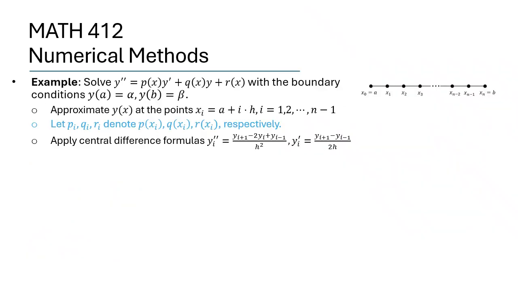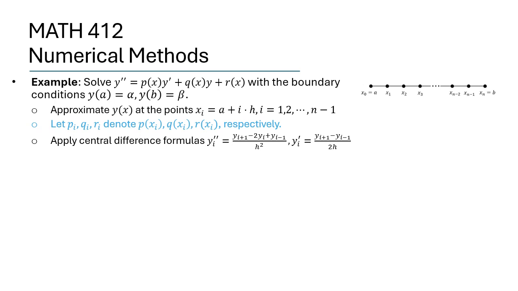Now, second example. This time it is a boundary value differential equation with such boundary conditions. P, Q, R are functions of x, not given; alpha, beta not given; a, b not given. How could we do it? Again, this is just to show you how to